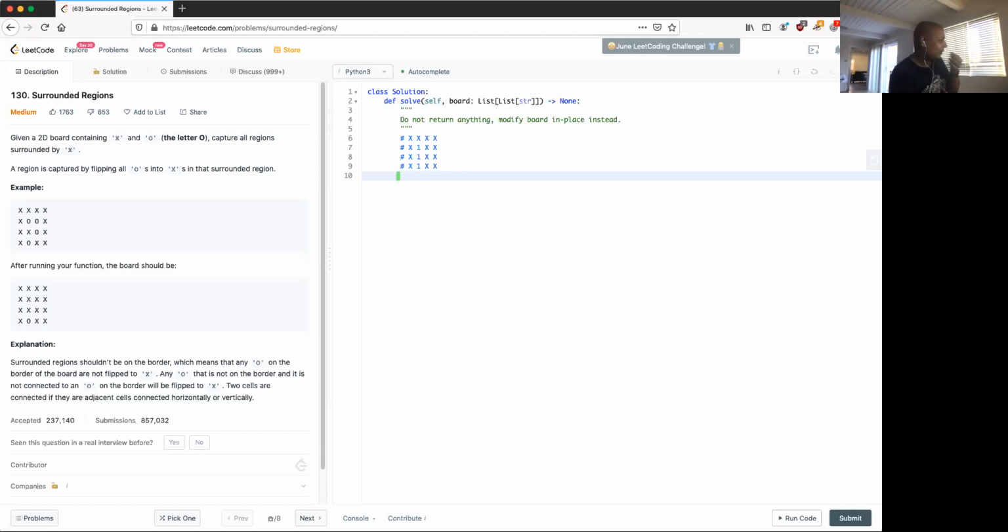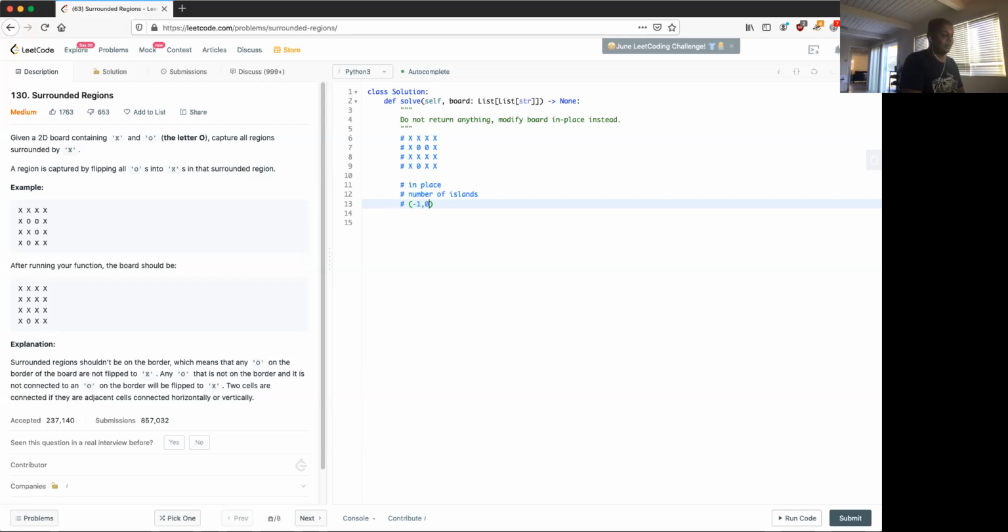I was trying to figure out using union find. Let's see what strategy I used here. A way simpler way of doing this question is, first, you have to do it in place. That's one important part, and it's similar to number of islands. In number of islands, you always use